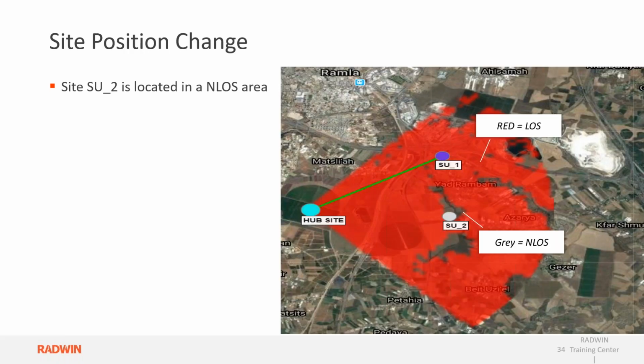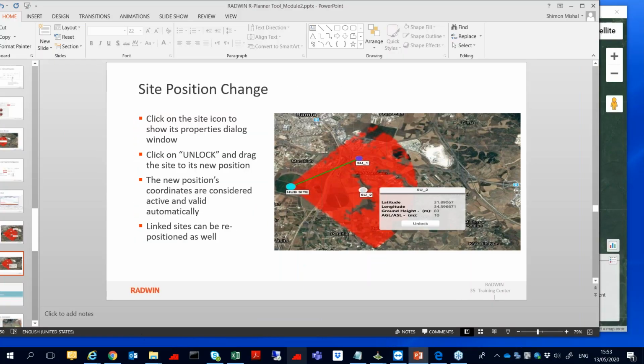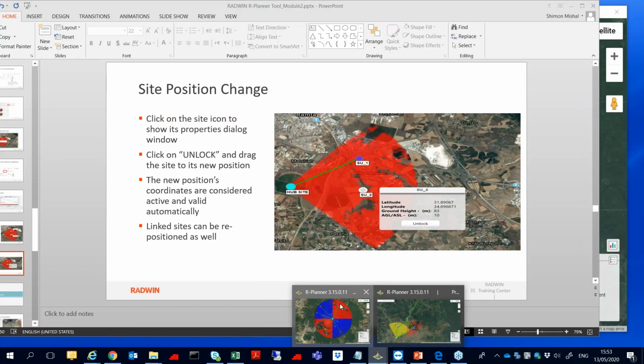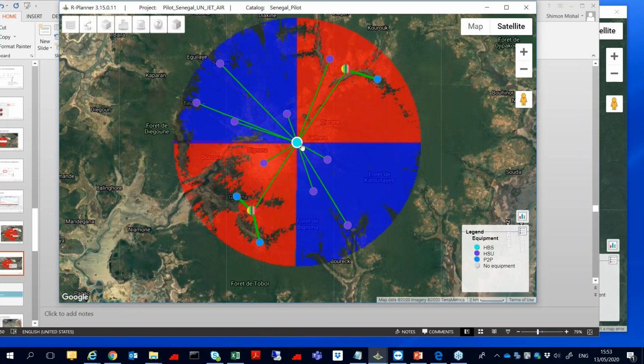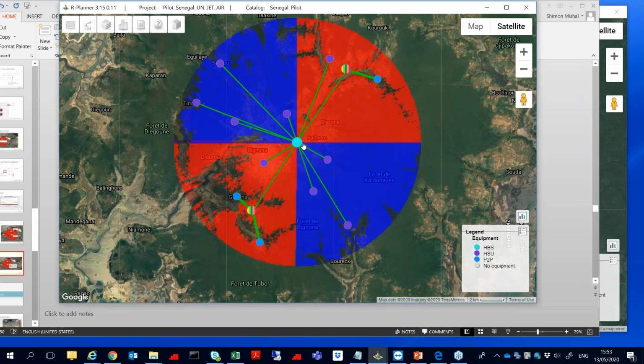You can change the site position by unlock or lock the site. It can be moved, but remember when it adjusts, all the calculation will be done again. Let me show you. I just press here on the post unlock, and when I drag it, you can see it start to calculate again all the